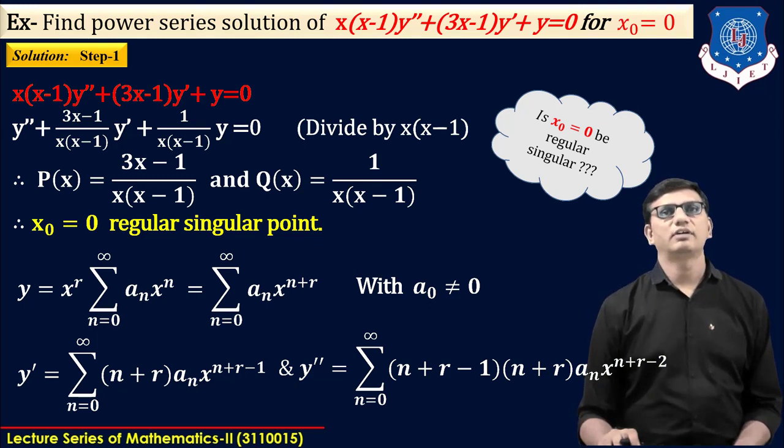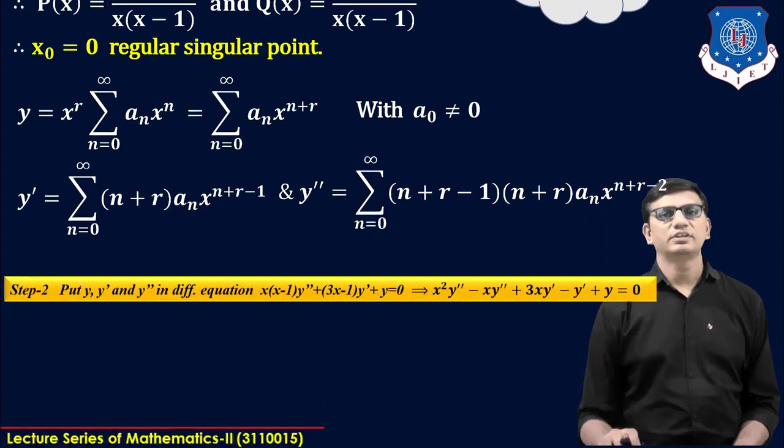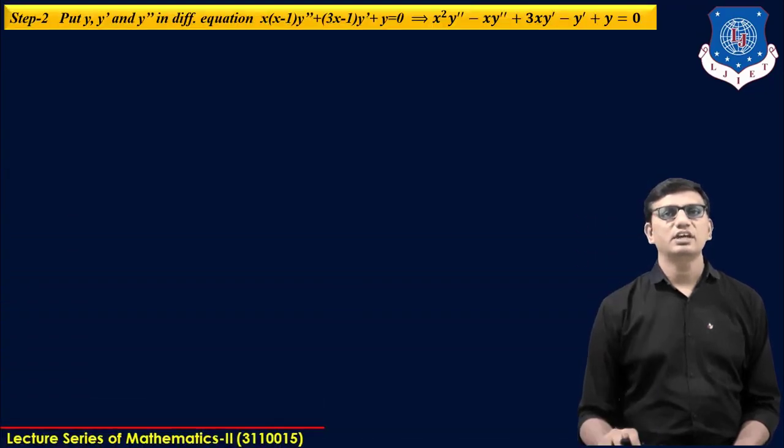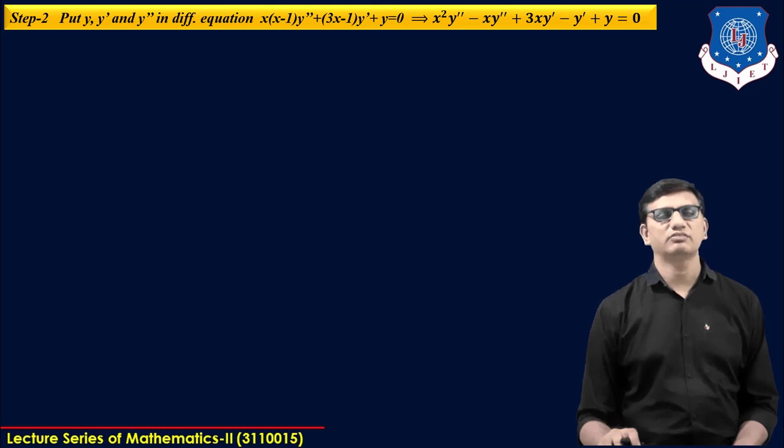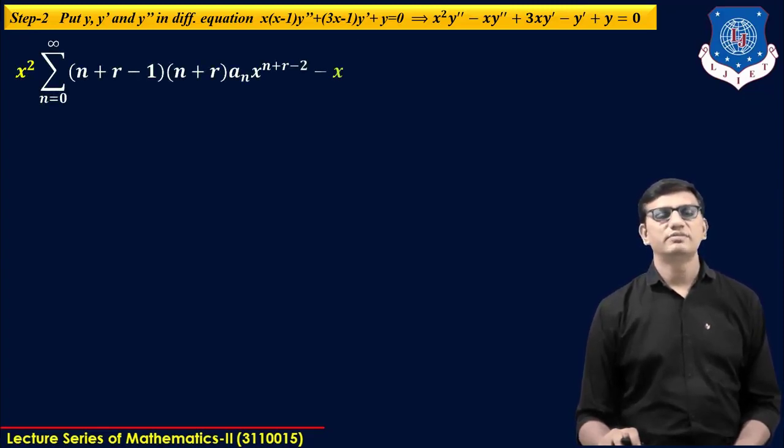Now we will put y dash and y double dash in our differential equation, and our differential equation can be written as x square y double dash minus x y double dash plus 3x y dash minus y dash plus y equal to 0. Now after putting the value of y dash and y double dash in the differential equation,